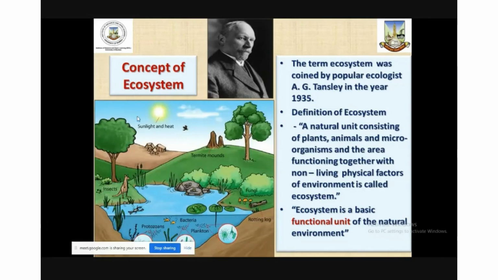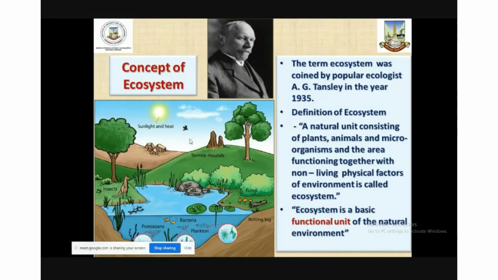As I told you in the earlier slide, sunlight is the source of energy, and the sunlight which is absorbed by plants then enters the entire ecosystem, where the energy flows from one organism to the other through the food chain and food web, and even in case of biomass, the biomass is being transferred from one organism to the other.